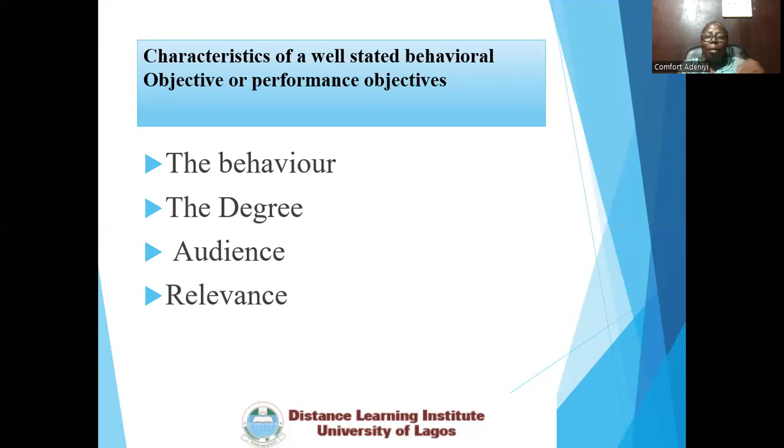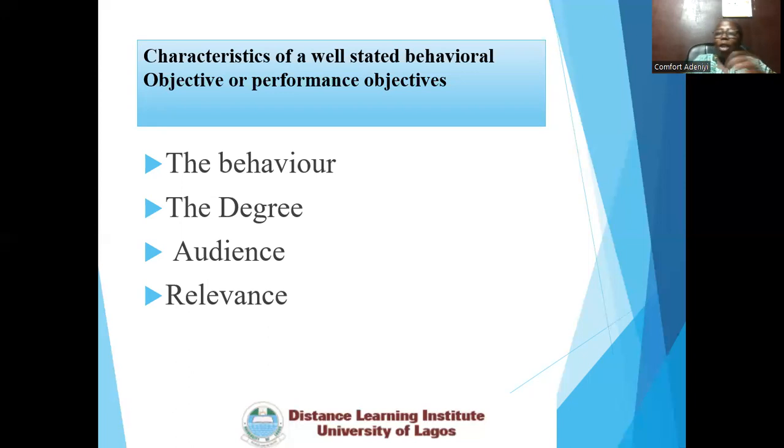What do I mean by the behavior? That is, what behavior does the teacher expect the student to be able to exhibit at the end of an instruction? For instance, we can say at the end of the lesson, the student should be able to define, list, describe, solve, jump, draw, and so on and so forth. All this type of behavior, all this type of